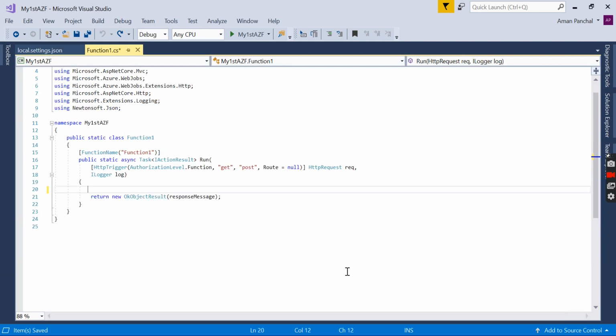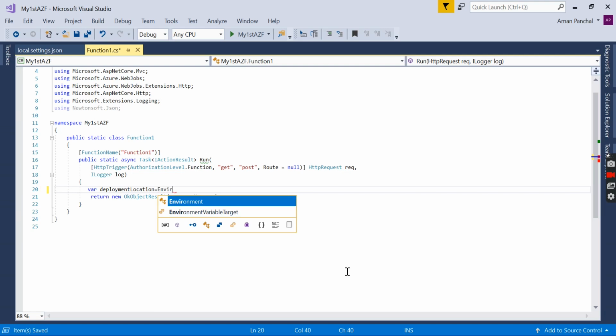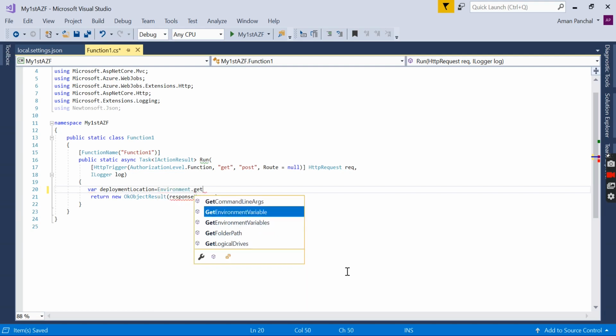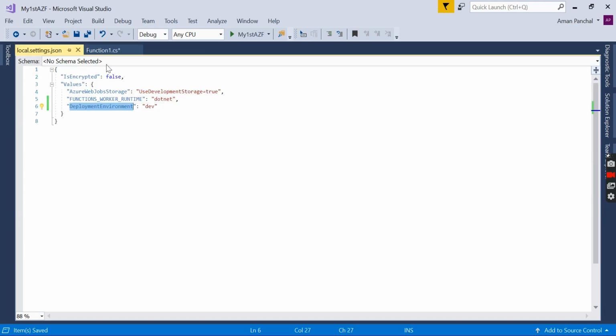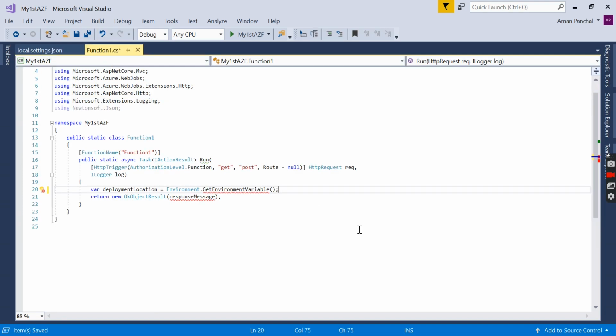I'm removing this code where deployment location is getting the value from the environment variable. So the same value you have to give here. Okay. So I'm getting the deployment environment from the local.settings.json file